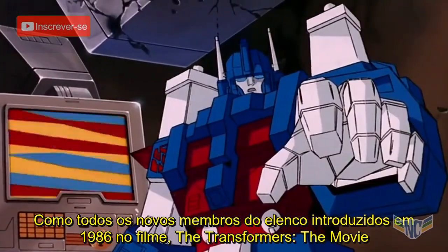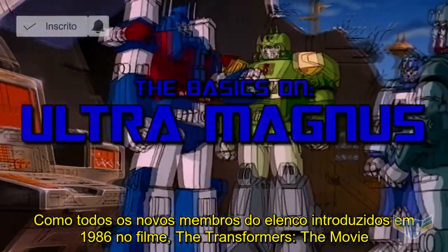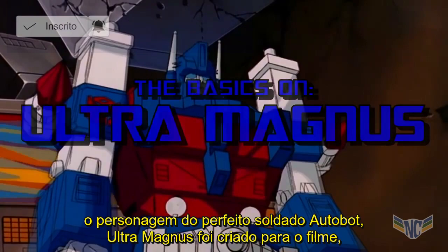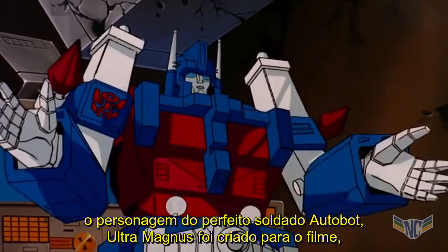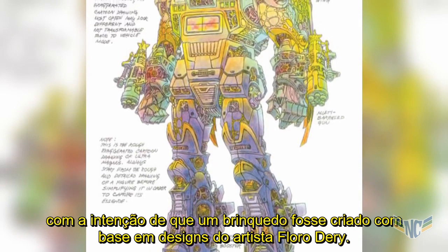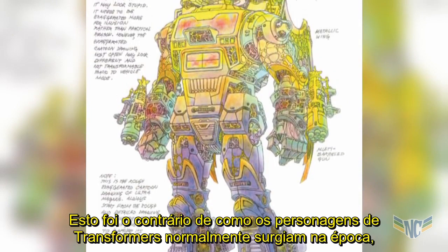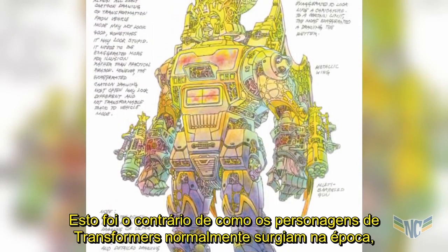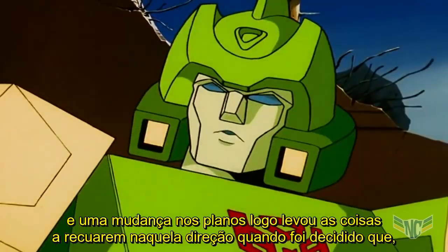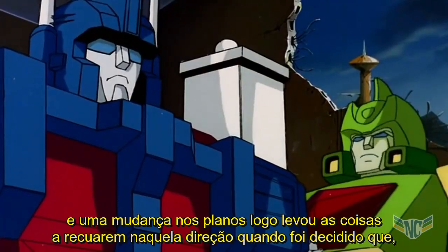Like all the new cast members introduced in 1986's The Transformers the Movie, the character of the consummate Autobot soldier Ultra Magnus was created for the film, with the intention that a toy would be made based on designs created by artist Floro Deary. This was the reverse of how Transformers characters normally came into being at the time, since the toy usually came first, and a change in plans soon led things to swing back in that direction when